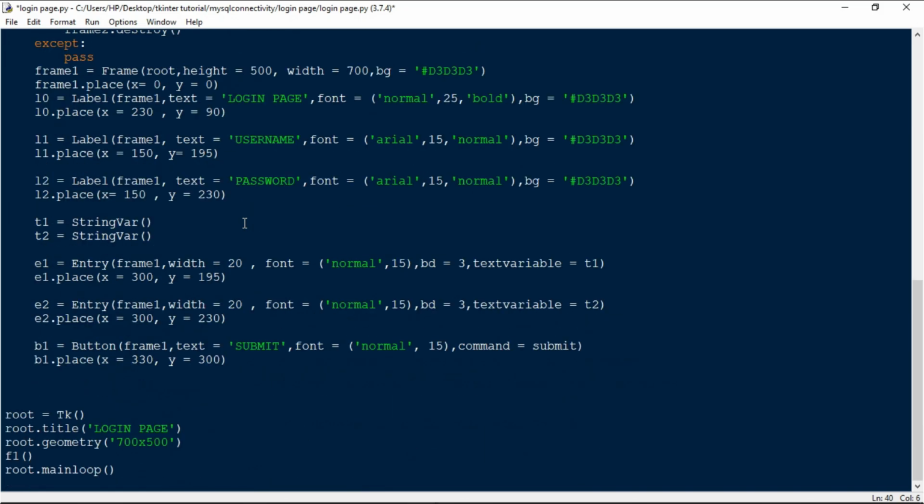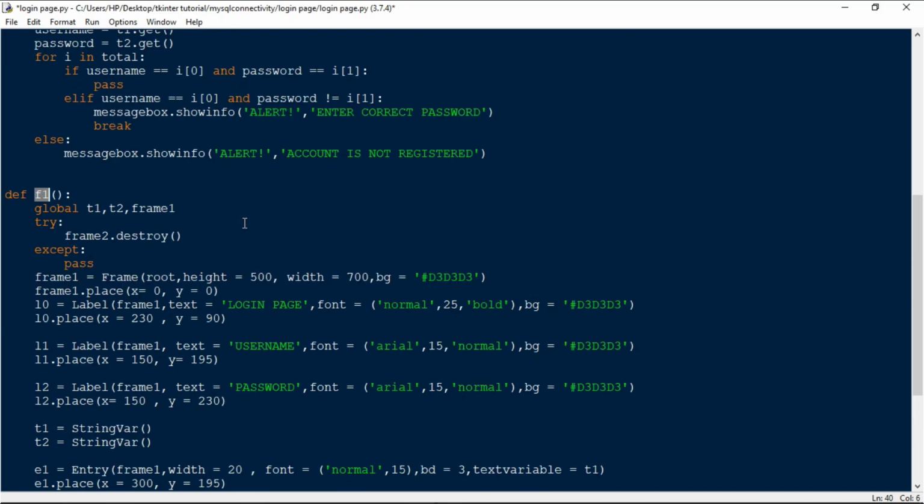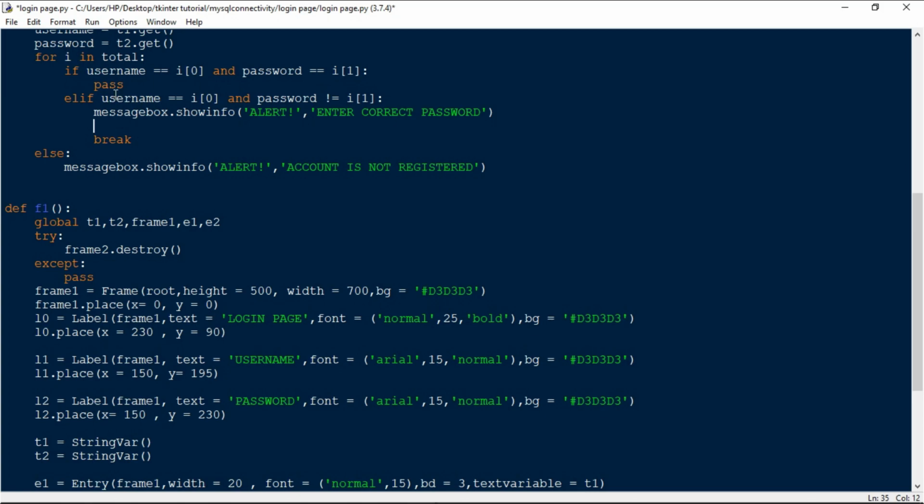And then what we have to do is, I'm just going to global this E1 and E2. I'm doing this because after here I'm going to write a function which is going to delete the contents inside the password. So that is E2 dot delete 0 comma end.